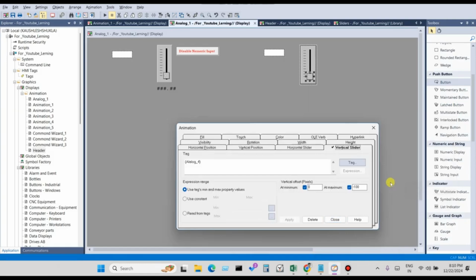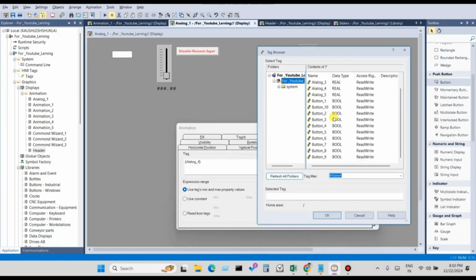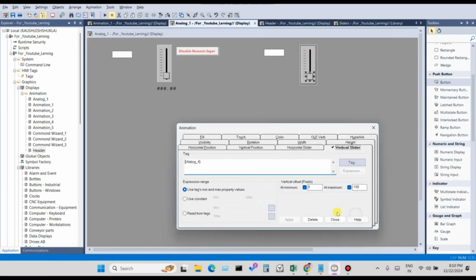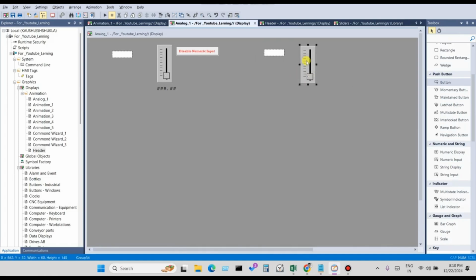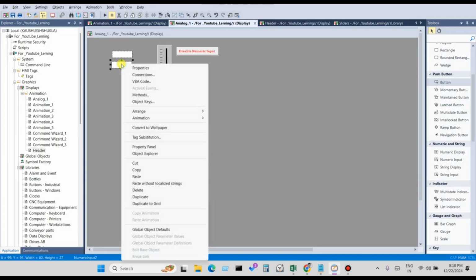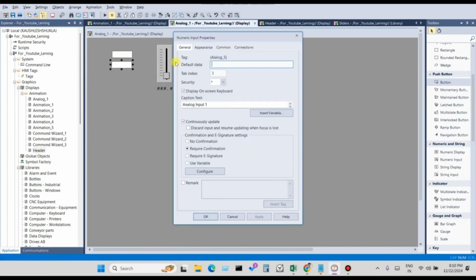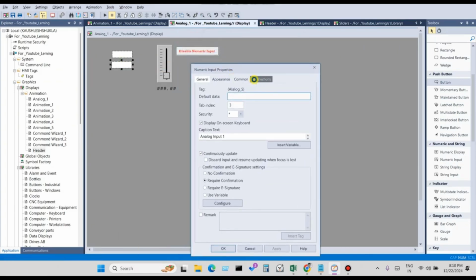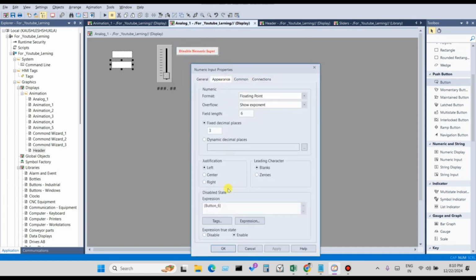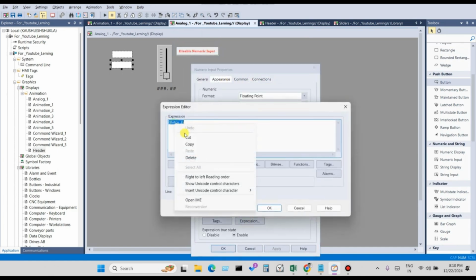What will happen? Example, slider tag is different. Okay, example, slider tag is 14. Example, slider tag is 4 and its analog value is different. So when it will be disabled, in the property connection, in the appearance, when it will be disabled, example, if analog tag